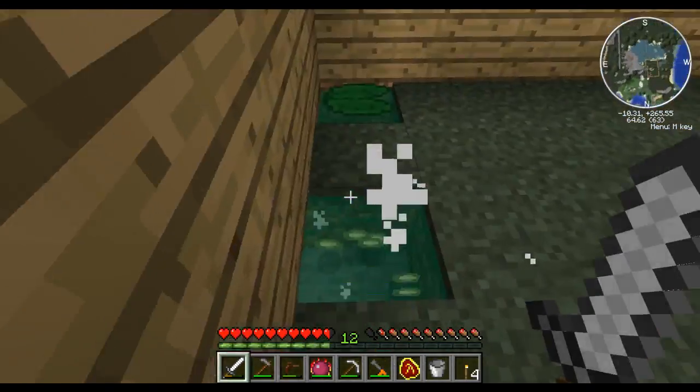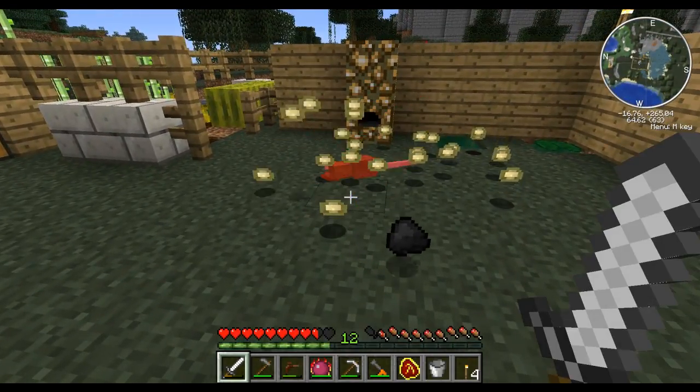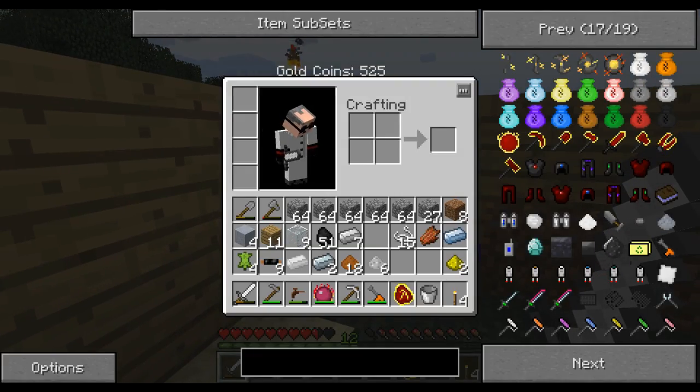And then after you've done that, you need to go back and you need to make... Hey! Get away. Why aren't you dead? Bug. So yeah, so what you need to do is you need to make